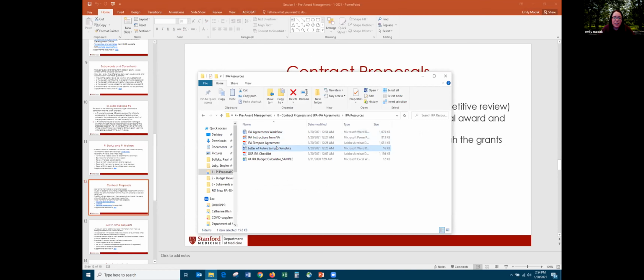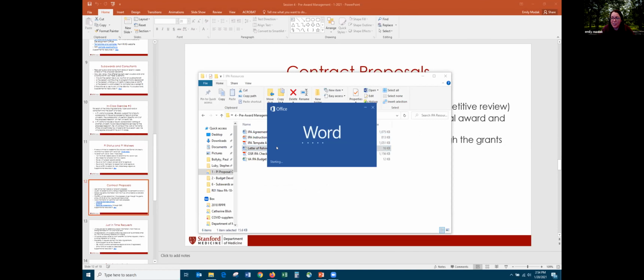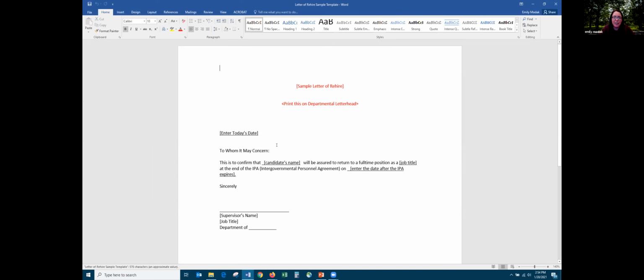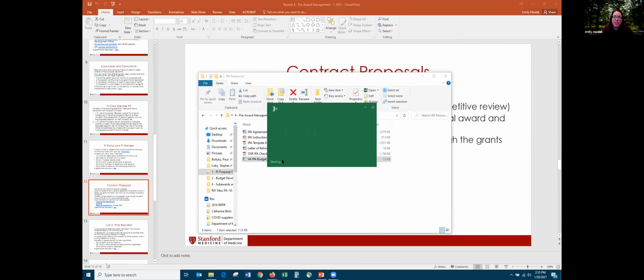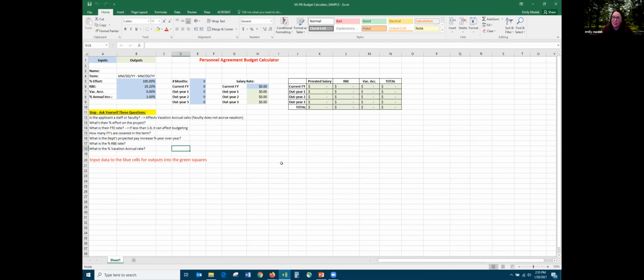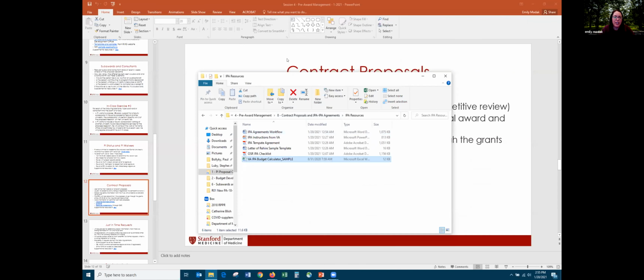Sometimes there is a letter of rehire involved. So we've got a template out here. If your division manager says, I need a letter of rehire, you can go to this folder and it'll get you started. And there's actually also a budget calculator out here that can help you to put together the budget for your IPA or JPA. So lots of tools here. If you find that you're working on an IPA, JPA, definitely come out here, take a look at